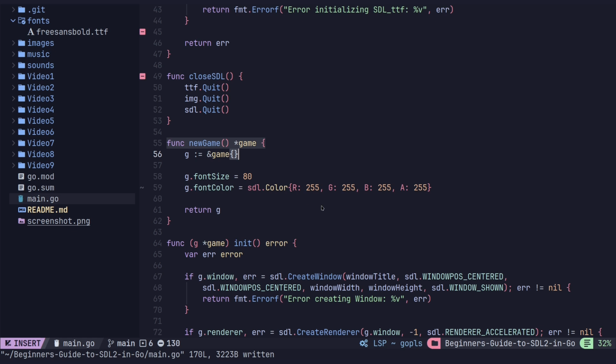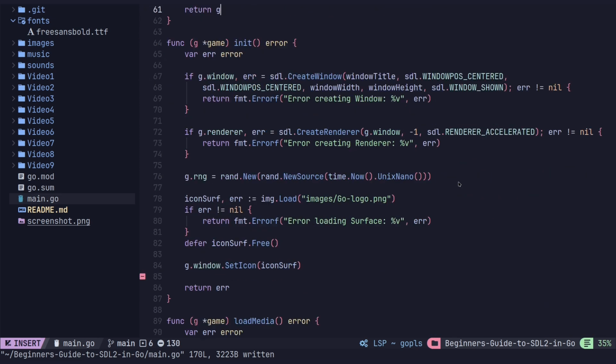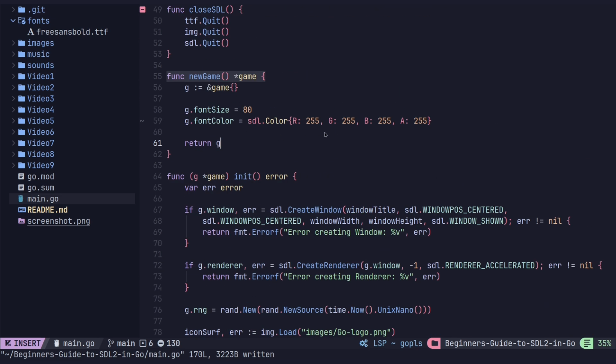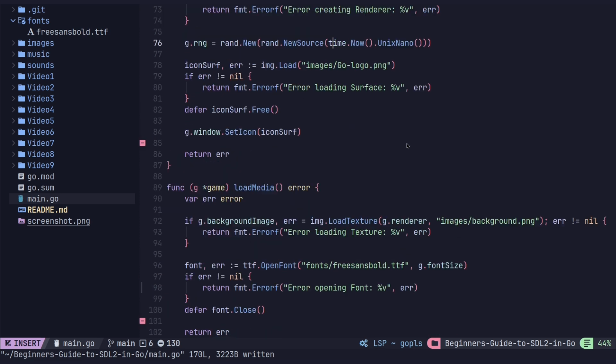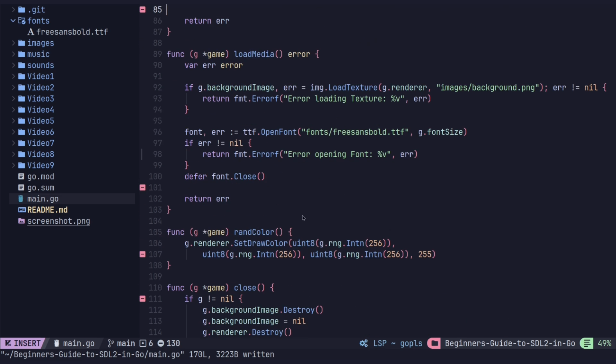But for these ones, you can use any kind of combination of red, green, and blue that makes whatever color you're happy with. I'm just using white for this one. So we have our font size, our font color, and I'm just going to put the text in line with it. So back down here in load, where we have the load media,